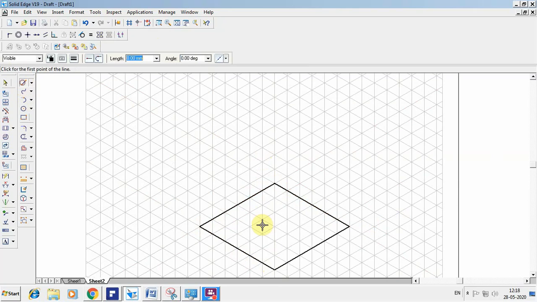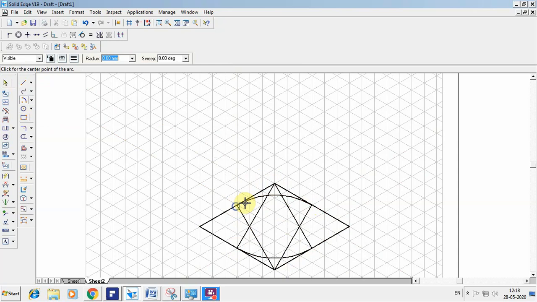So once you're done, you have to convert it into a circle now. I want to select this. So 3 and in the center. Similarly from here to the center and from here to the center. Now go for arc by center point. So this as the center, this as the radius, you can draw. Similarly from here, this as the center, this as the radius, I can draw this.